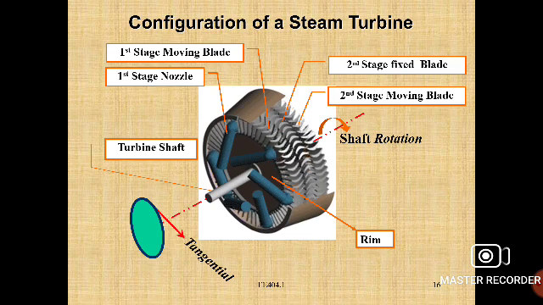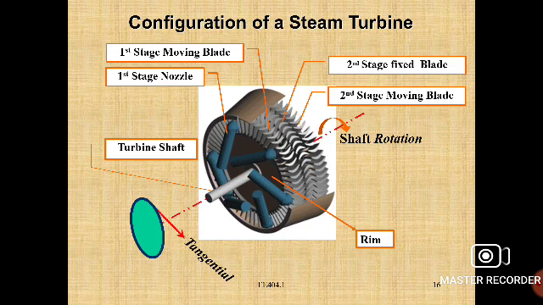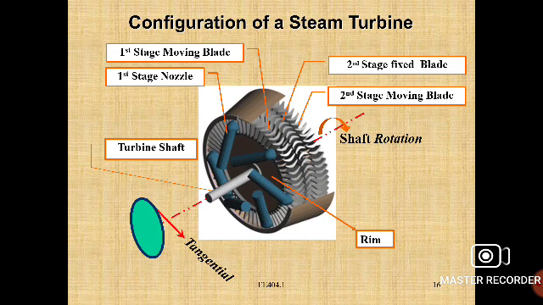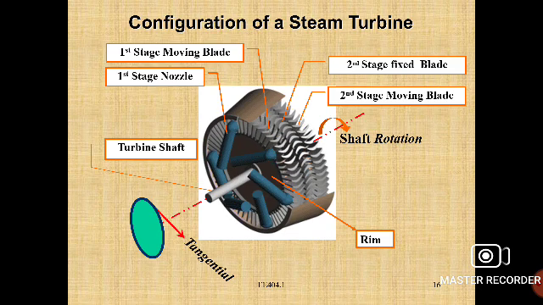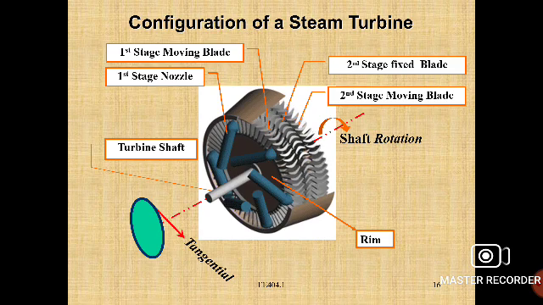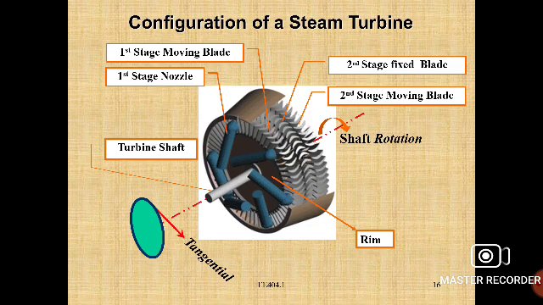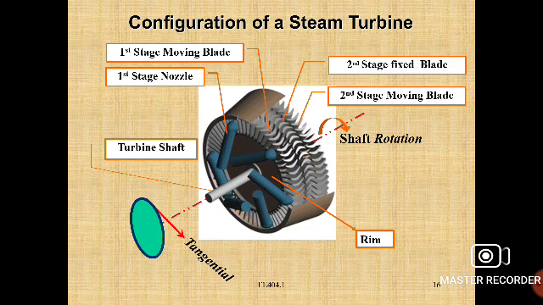Whenever the steam enters the moving blade, the moving blade revolves, and the steam then passes through the fixed blade. The fixed blade is stationary and holds one place only. The steam continues through the fixed blade to the second stage moving blade. So whenever the shaft revolves, the first stage and second stage moving blades and everything else rotate with the help of steam alone, supplied from the boiler as high pressure steam.